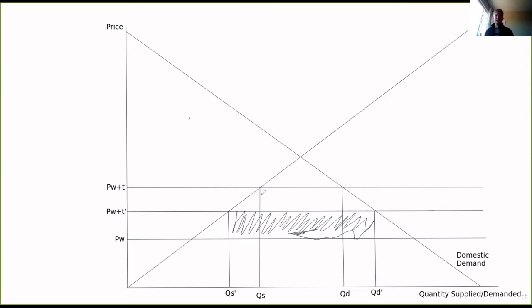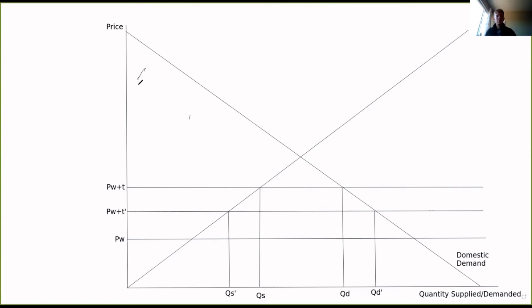We've lost this box right here, but we've gained these two boxes right here. So whether we've increased or decreased revenue depends on the size of these boxes, and we'll calculate the area of those boxes in a bit. But